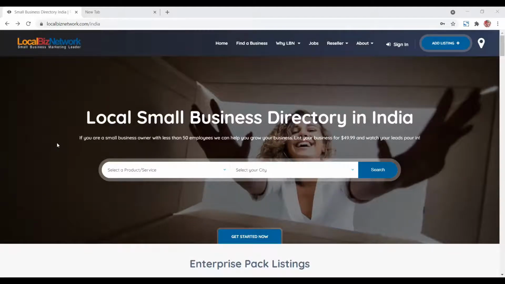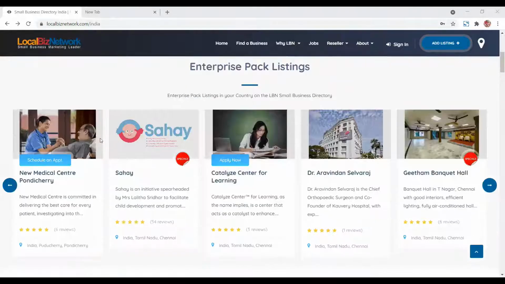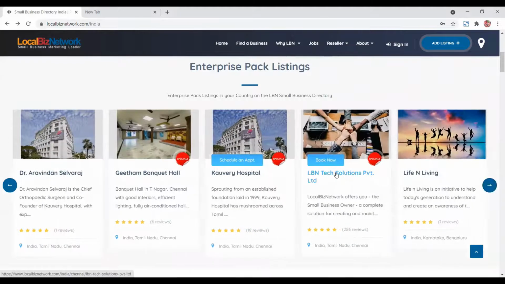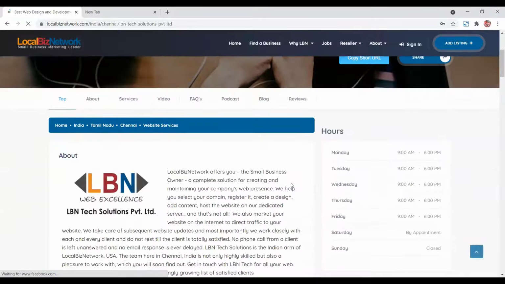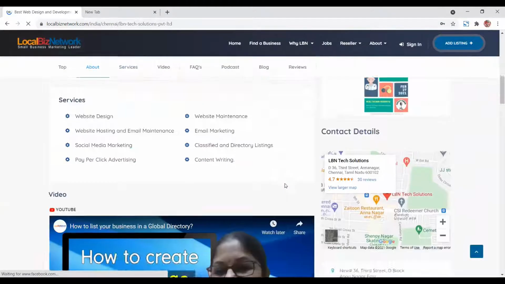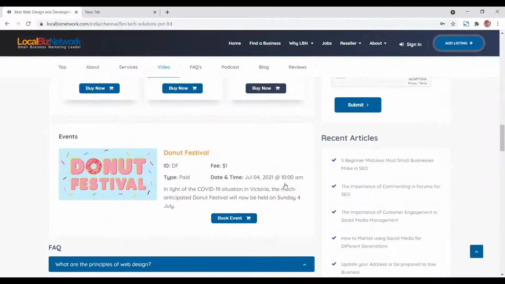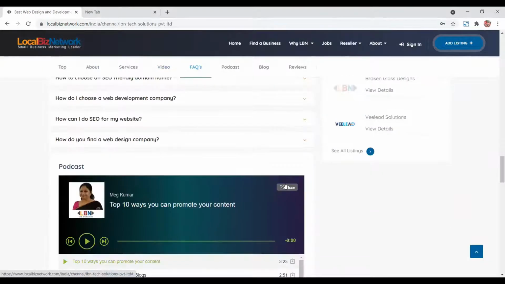So now I'm going to show you the step by step of how to do that. I'm just going into the Local Bus Network page, and you can see all the featured enterprise pack listings here. I'm going to click on LBN Tech Solutions, which is the company where I have a wonderful profile which I have created. I've put it together using the do-it-yourself builder which we have created, and you can see all the features here: the events, the FAQs, the podcast, and